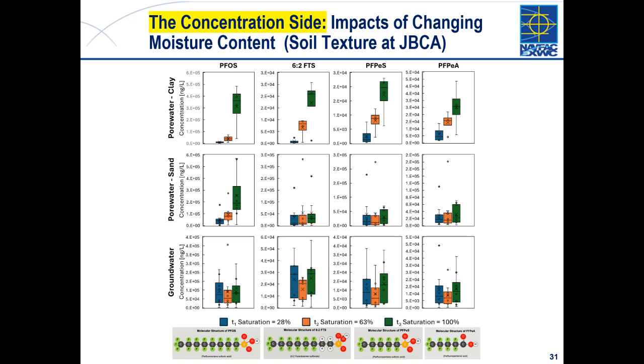And if you look at the bottom row for the 4 different PFAS that we're evaluating, you really don't see much of a trend. Now, if you start looking in the pore water, in the sandy zones, you see a little bit of a trend for PFOS, and that's our most surface active compound. So you would expect as it gets wetter and those air-water interfaces collapse, more PFAS is put in the water.